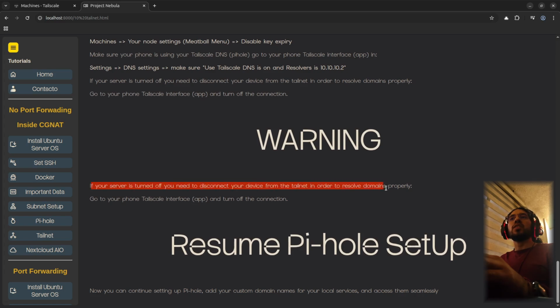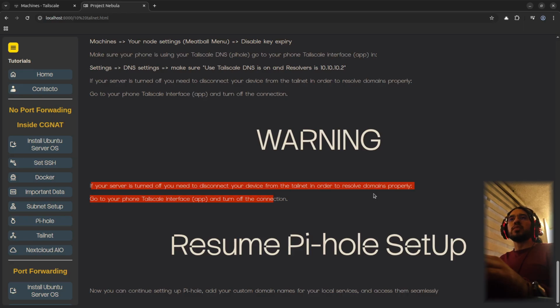If you want to resolve your DNS properly, your server must be on when you intend to use your devices. If your server is not on, then you have to disconnect from your Tailnet in order to resolve your links